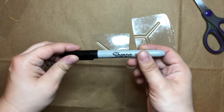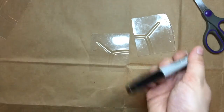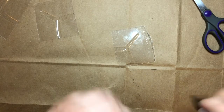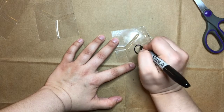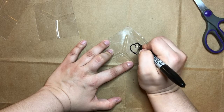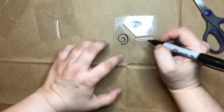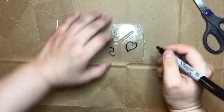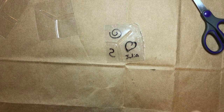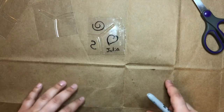So you can either use Sharpies or colored pencils. I'll show you how to use the Sharpie first. For the Sharpies, you can leave the plastic as is and just draw your designs. You can either make one big design or a lot of little designs to put onto your plastic, however you want. Once you're done decorating with your Sharpie, you can either use some other pieces or you can get ready to